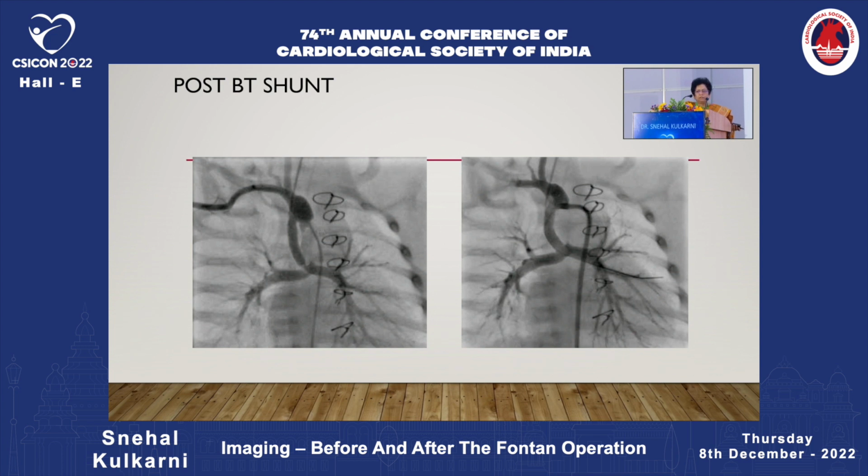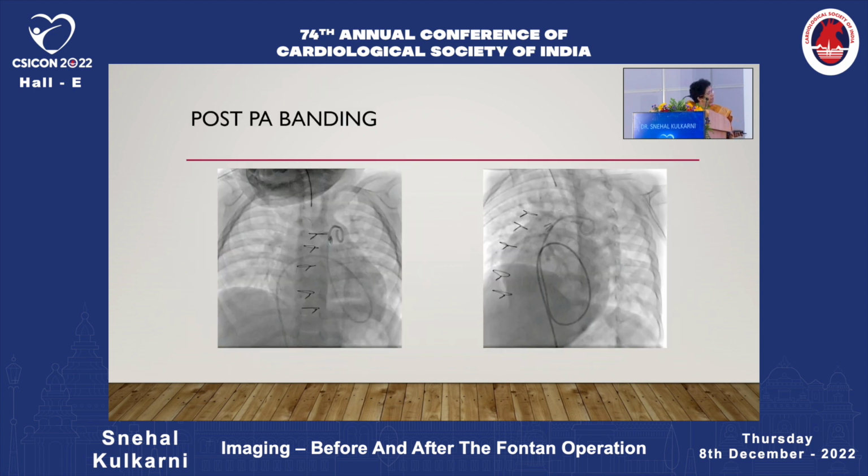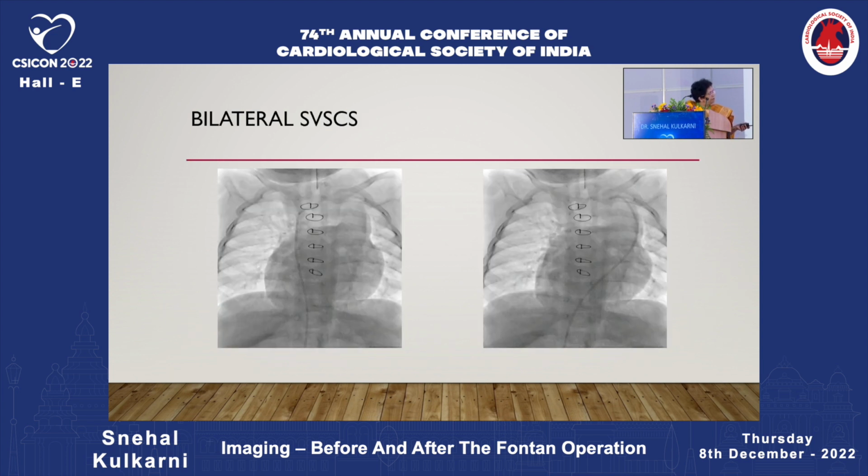It's very important to see the pulmonary artery anatomy, and it's also important to see the pulmonary artery pressures and pulmonary vascular resistance. Post pulmonary artery band, we have to check the pulmonary artery pressures and see if there is any pulmonary artery distortion after the band. It's very important to see whether there is a single SVC or bilateral SVCs, because the surgical approach, whether you need a right Glenn or a bilateral bidirectional Glenn, needs to be decided by the surgical